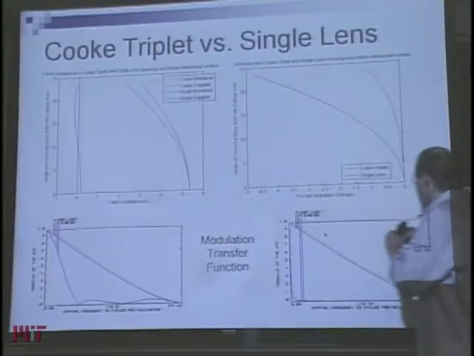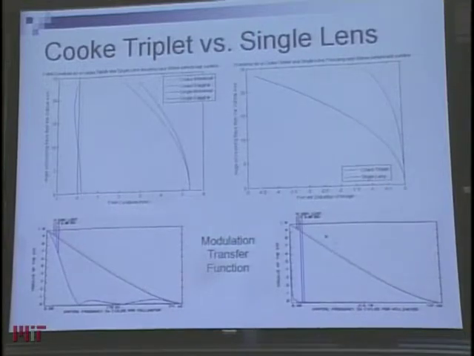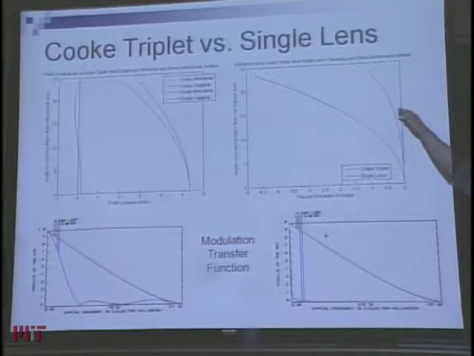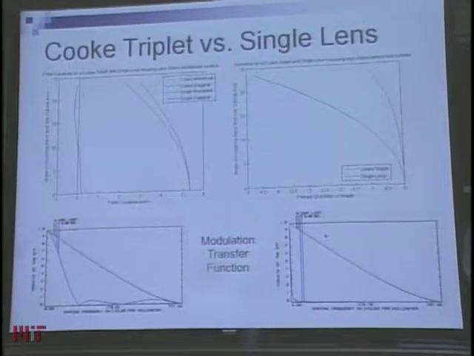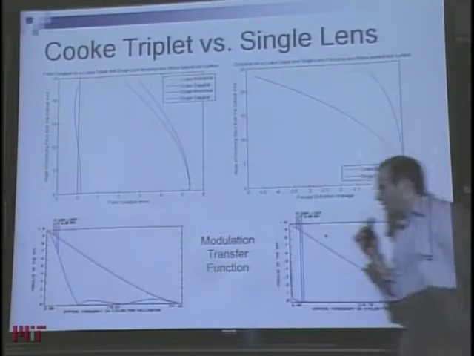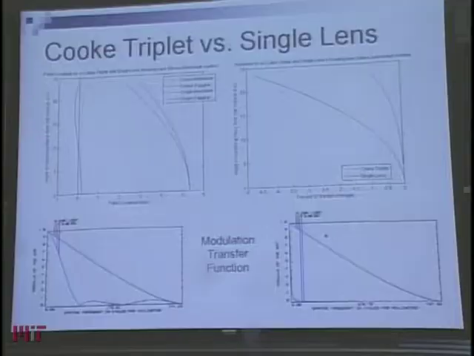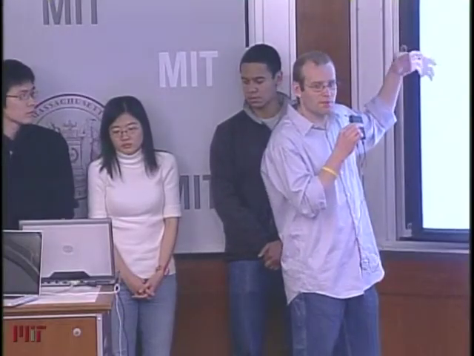And the distortion also is much worse for a single lens. The Cooke triplet actually is able to minimize distortion until about 15 degrees, when the rays become more than 15 degrees off axis. Essentially, the original design parameters that Taylor came up with was to try and have some of the powers